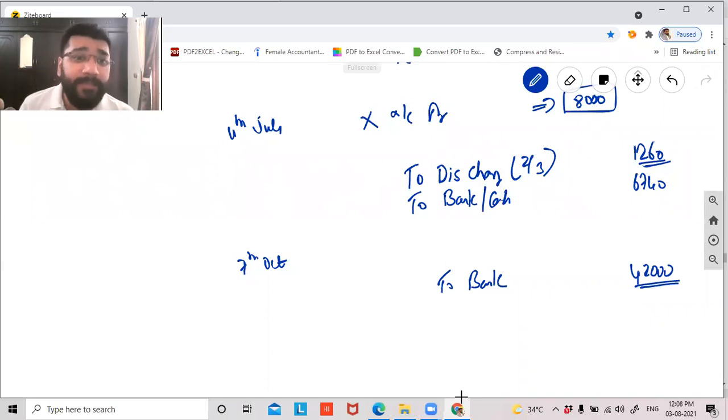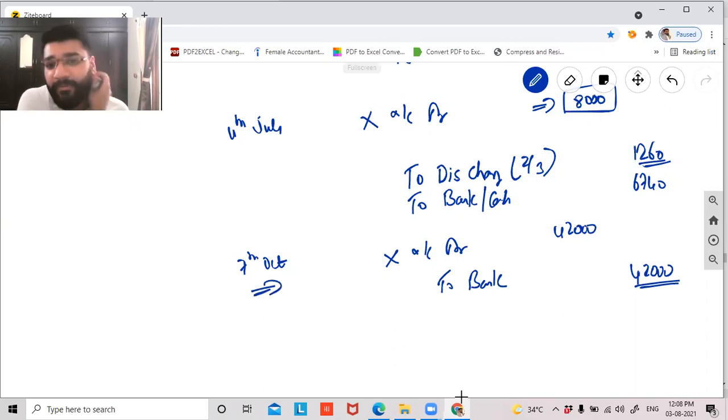Now, money is gone from Y's bank account. So, to bank 42,000 rupees, what will be my debit? Do you not know the entry for discounted bill dishonor? On the due date, the discounted bill of exchange is dishonored. So what do we do? We recreate the debtor and credit the bank account, as the money is gone. This is the normal entry that we studied, no?